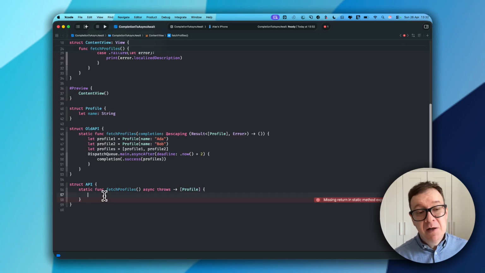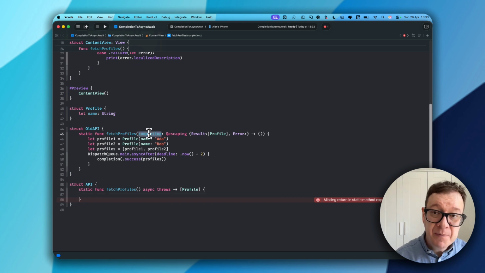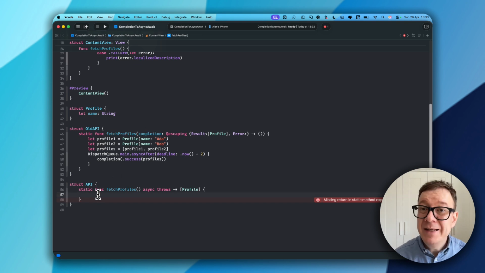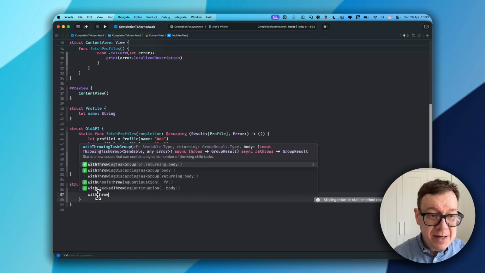So okay, we don't want the whole new functionality set up all over again because, you know, this fetch profile, maybe I'm going to use the one with the completion. But for that, we need to use an intermediary function, and that is called with, and in our case, it's throwing,